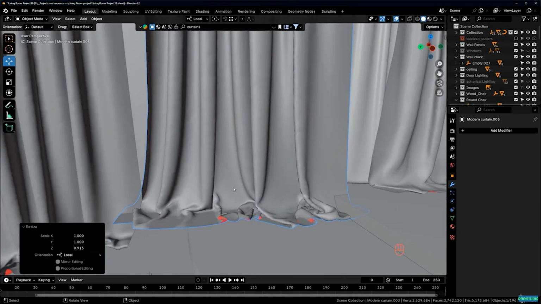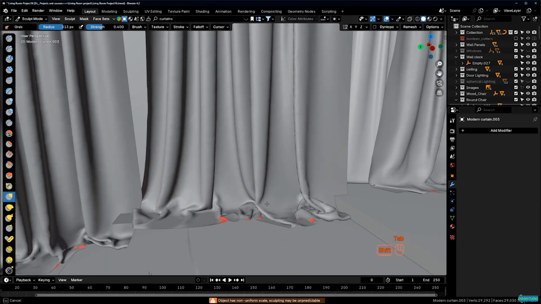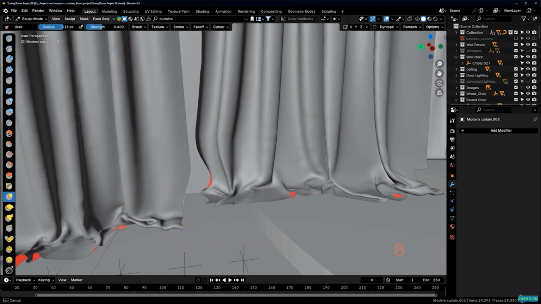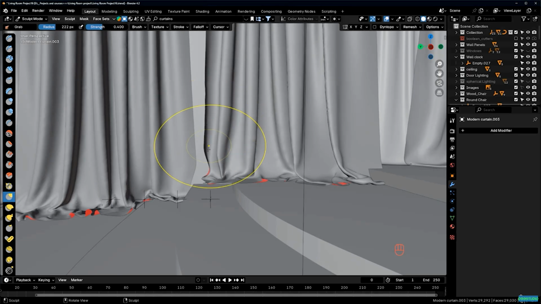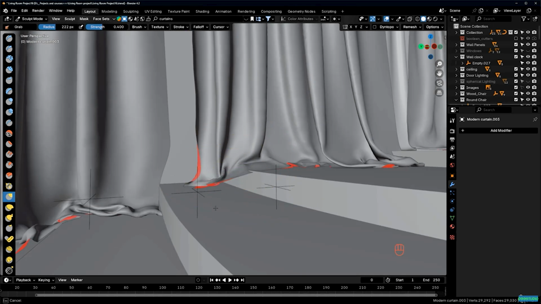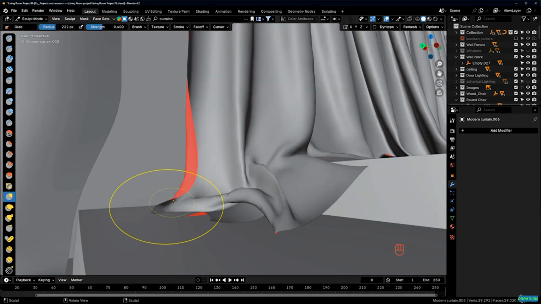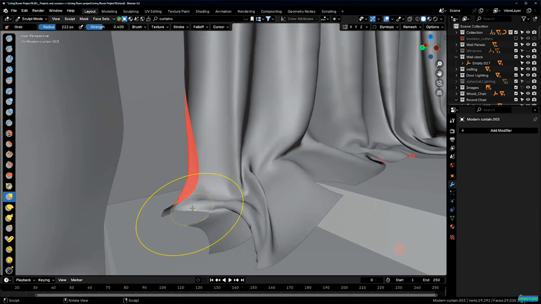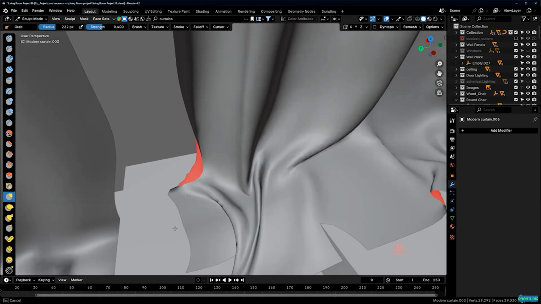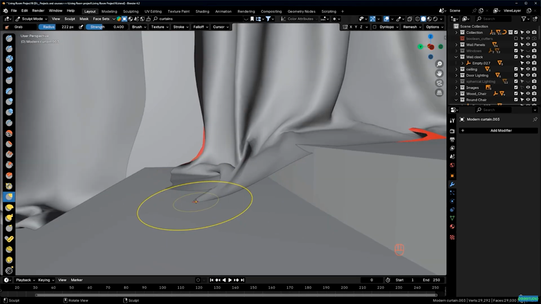And now is the time to make some editing, like going to sculpt mode and make this area smoother. And maybe grab these vertices and push them like that. Maybe these vertices as well. All right, something like that. Maybe we can move these vertices just a little bit. And this tip,